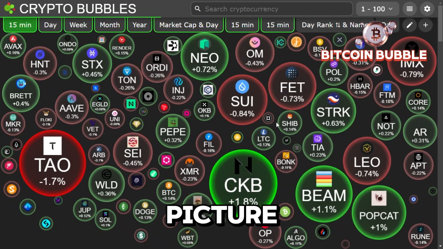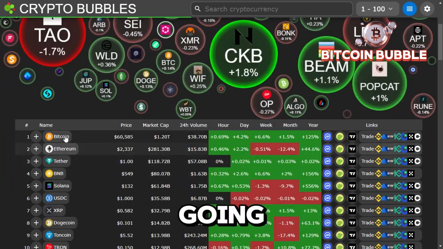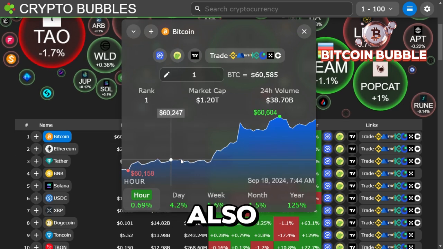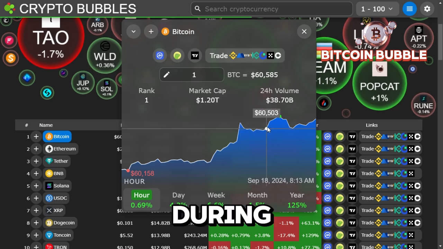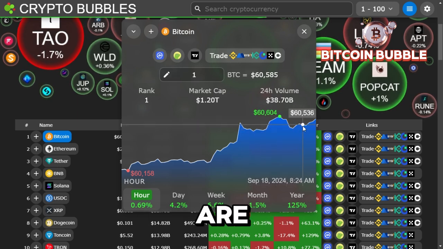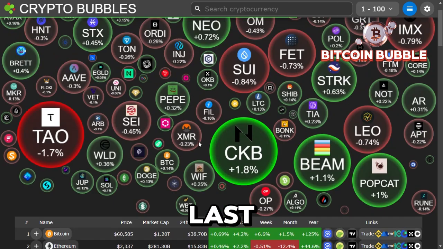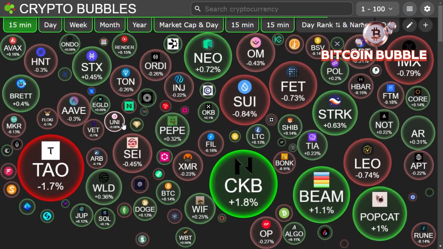This is the only picture you need to see how the price of Bitcoin has changed during this bull market. We are going to talk about the different stages that we see over time and in history. We will also talk about the parabolic stages that happen after the halvings. During and after the halving event, there are often a lot of different stages. We will also talk about how long these phases last. And all we have to do is go with the flow and enjoy these stages to get the most out